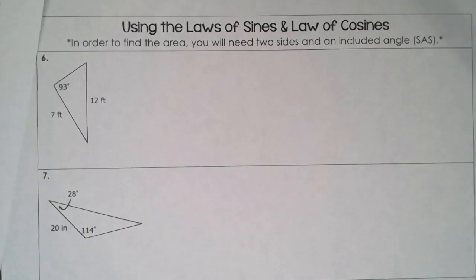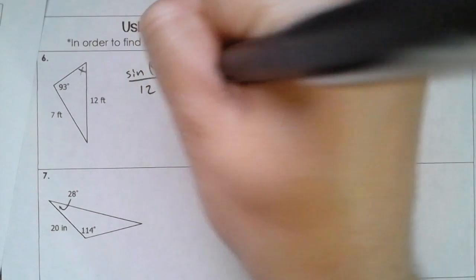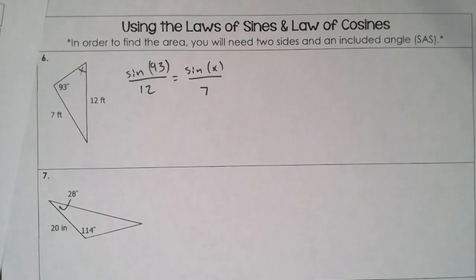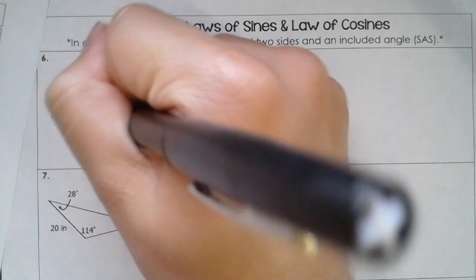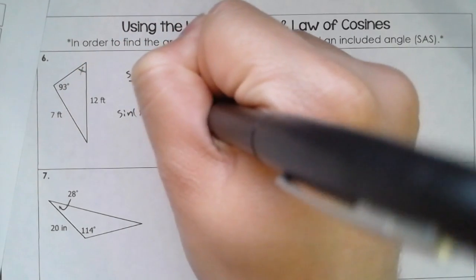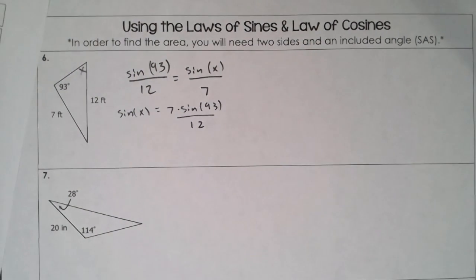So I would take, let's just label this one for now x. So sine of 93 over 12 is equal to sine of x over 7. And then I get sine of x is equal to 7 times sine of 93 over 12. And then if you do this in your calculators, you're going to get that